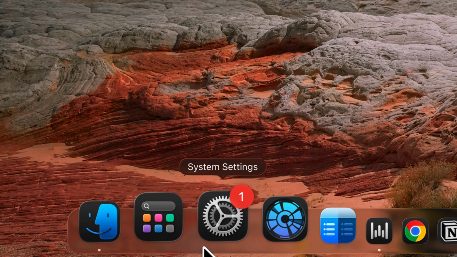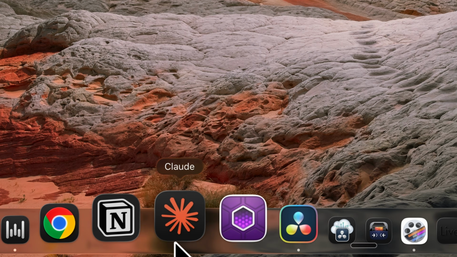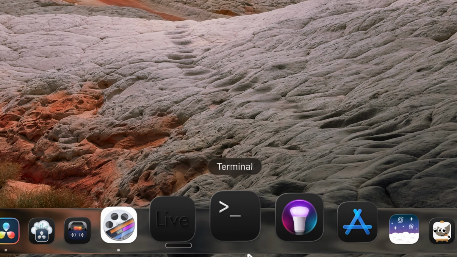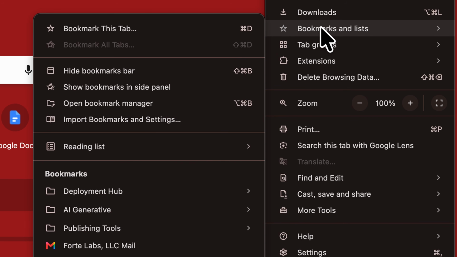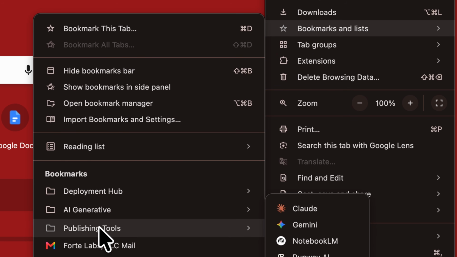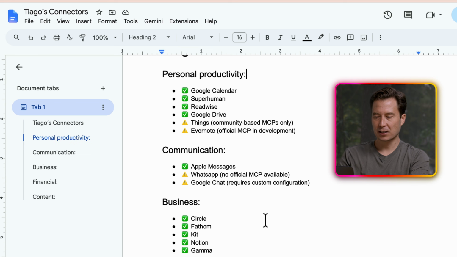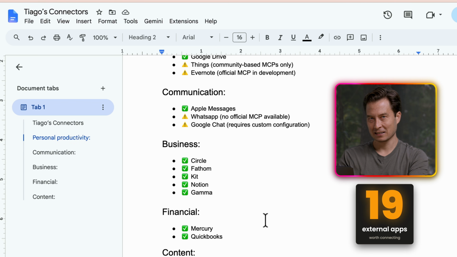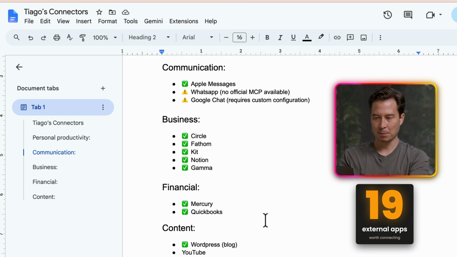The way that I came up with this list is first by looking through our credit card statements. I wanted to start with anything that we pay for, since that's likely something that I'm committed to and use a lot. And then I just went through the apps that are already installed on my computer and on my phone and in my browser bookmarks to find any that I suspected might contain something valuable. And the final number that I came up with was 19 external apps that I might want to integrate with